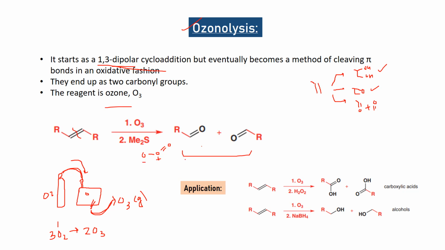And it will quench this. Okay. So this ozonolysis can be oxidizing ozonolysis and reducing ozonolysis also. Like if, instead of this Me2S quenching reagent, you are adding H2O2, peroxide, into it, what will happen? Whatever aldehyde is there, those aldehydes will undergo oxidation and will give acid in the reaction medium. And instead of H2O2, if you are adding NaBH4, these 2 aldehydes will be reduced and give alcohol in the medium.